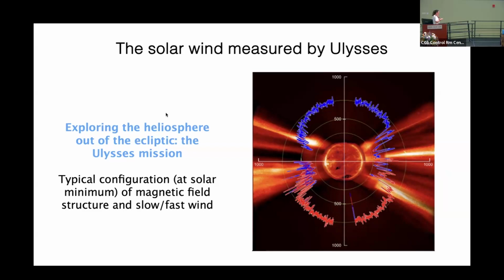The problem is that this wind is much faster than what the theory predicts. It's up to about 800 kilometers per second. With the Parker wind and reasonable temperatures at the coronal base, you can get beyond 400 or so kilometers per second. So there is an important mismatch between observations and predictions from the theory.